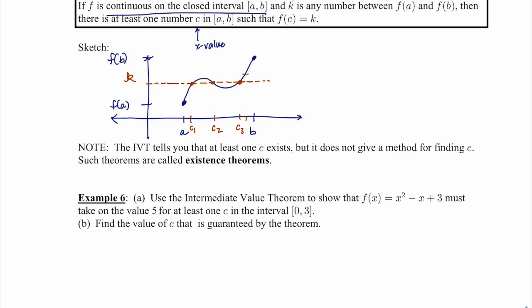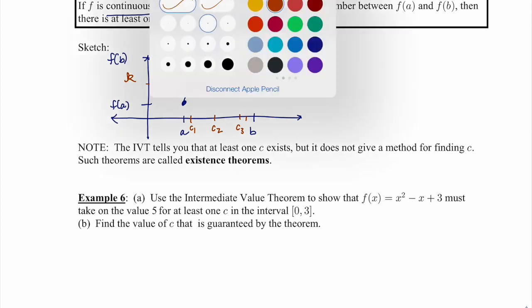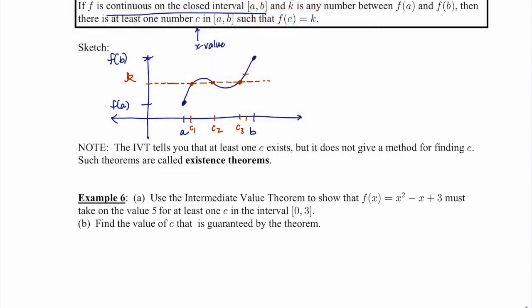But here's an example of how we might use this that is similar to what you might see in your homework. So it says, use the intermediate value theorem to show that this function x squared minus x plus 3 must take on the value 5 for at least one c on the interval between 0 and 3. So before we can use a theorem, we have to establish that we've met the criteria that it requires to be employed. So first we would have to verify